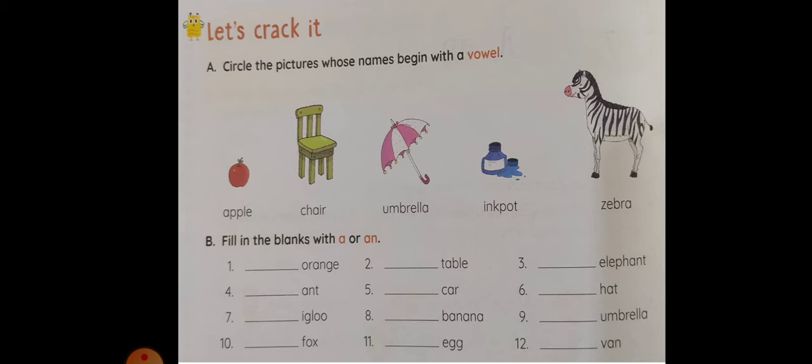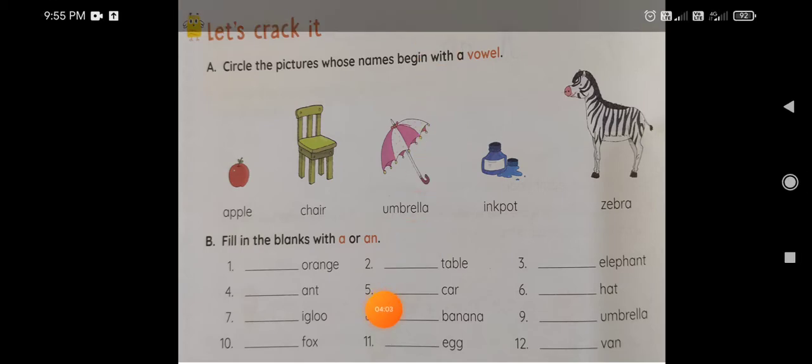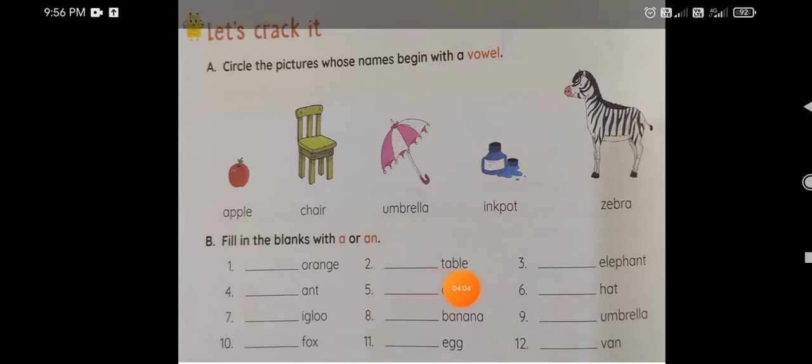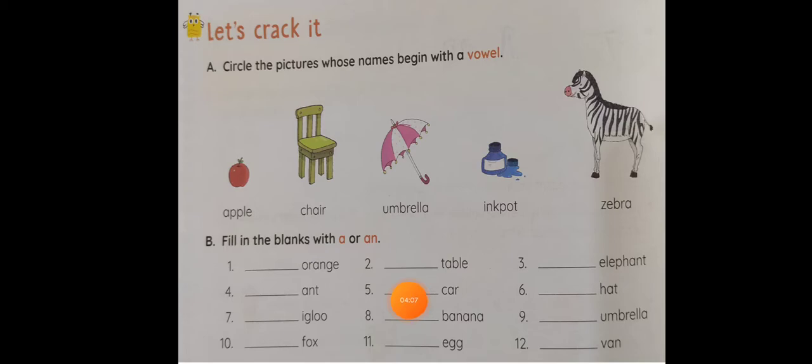Now B. Fill in the blanks with a or an. First one is orange. Orange starts with the alphabet O. Means what we need to write? An orange. And the second one, table. Table starts with T. Now it is not a vowel.